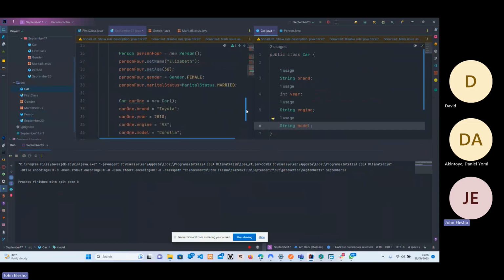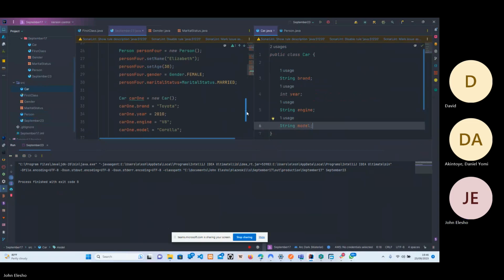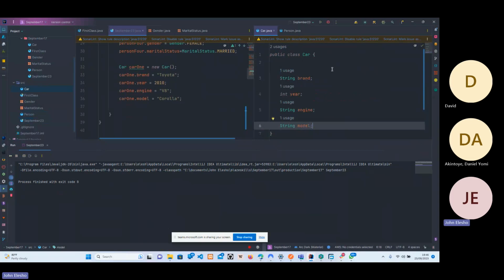I think I've exhausted the options for person. So I'll come to car. In the same car, you got the whole idea. The whole idea is that for